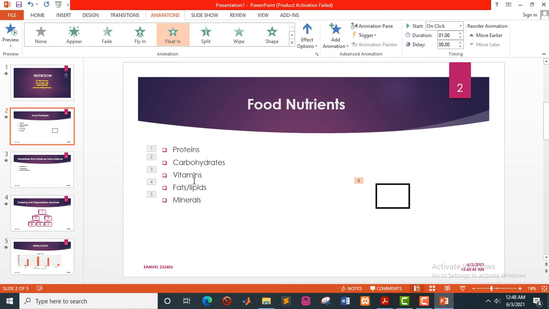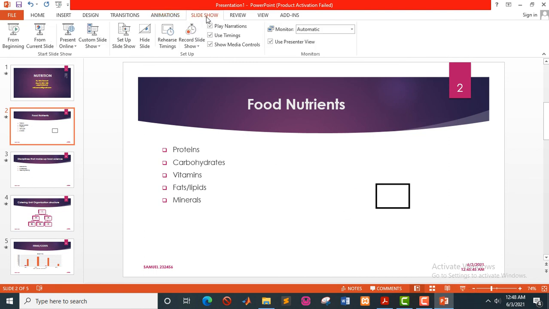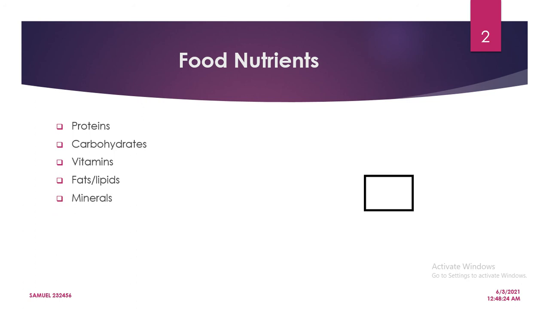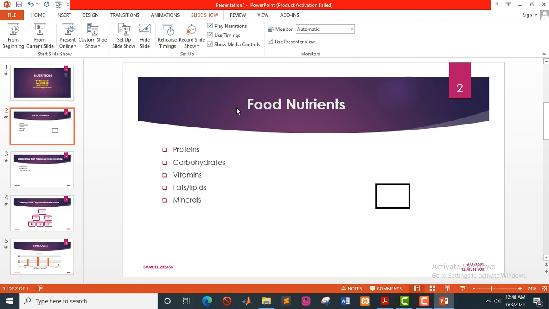So that is how we prepare our animations. So in case you want to make a slideshow, you come to slideshow right here, or you click on this particular icon at the bottom right here. So when you click on slideshow, it will give you options right here from the beginning or from the current slide. So for example, I can say I want to start from the current slide. So I click on it, then I click on the mouse to be able to make a presentation. Okay, so this is how you make the animations. So I'll escape this presentation, then we move to the next part,